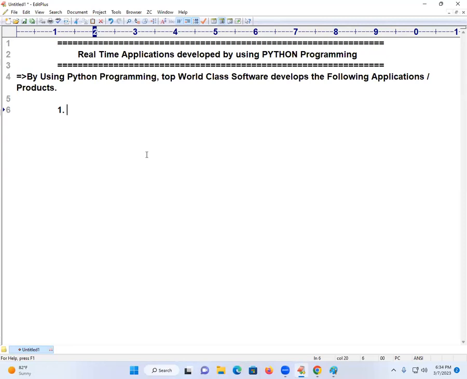Actually, by using Python, officially they declared less than 10. And the industry is using Python for 35 related areas. If I go on writing, I can write even 45 applications. As a part of my company, what we worked on, I will also write as a part of real-time products. So the first and foremost important thing I am writing here.